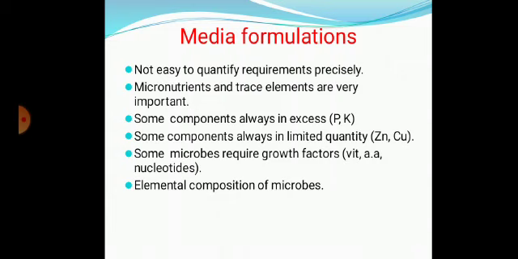And finally, very important, last point, elemental composition of microbes. Elemental composition of microbes means you should also find out what the cell is made up of. That is what it will require. If a cell is made up of more iron, then it may require more iron for growth. Like that, elemental composition of microbes means what a cell is basically made up of. So the cell you are going to use in industry, its elemental composition you should know. Based on that only media can be formulated.